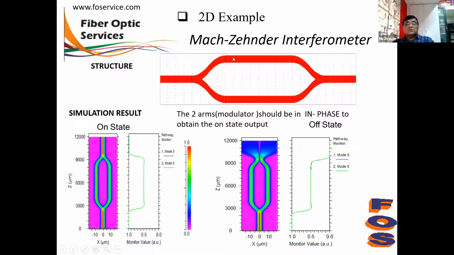Now, this is an example of a Mach-Zehnder interferometer using BeamPROP. So you have the two arms, the light is incoming. Now, if both arms are equal, at the output end both beams will combine and you will have output light in the same phase. But if we introduce some phase shift in one of the arms, then both beams will not have the same phase, and there may be destructive interference. Okay, so this is a BeamPROP simulation.